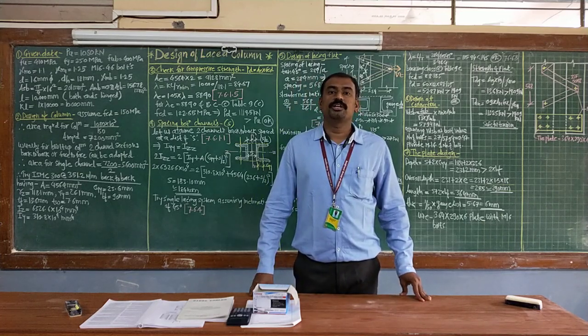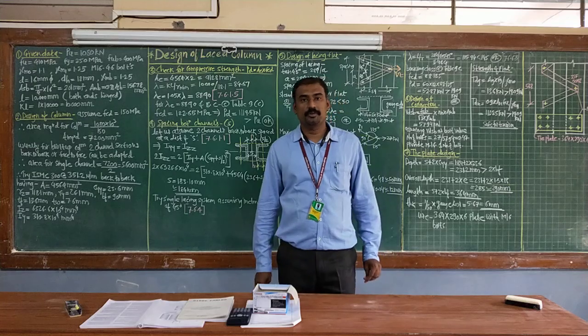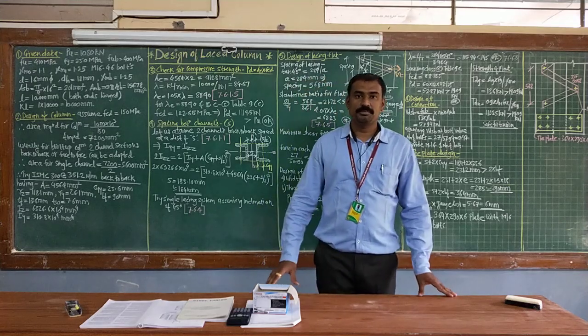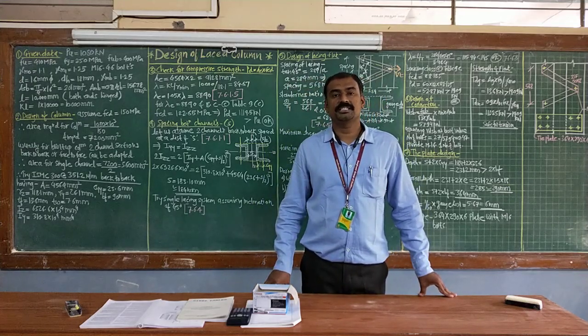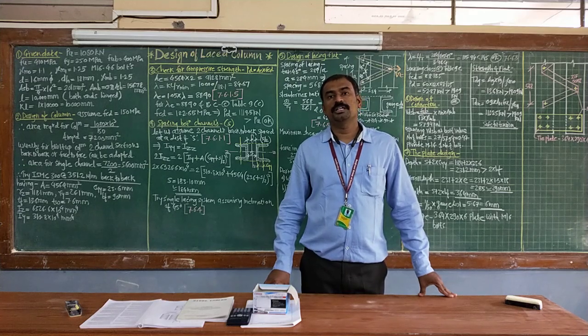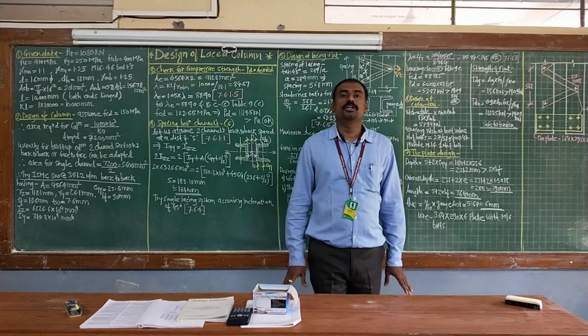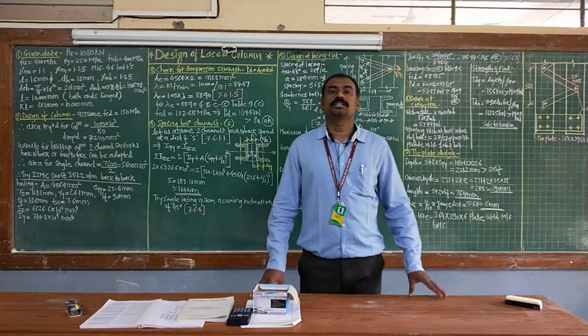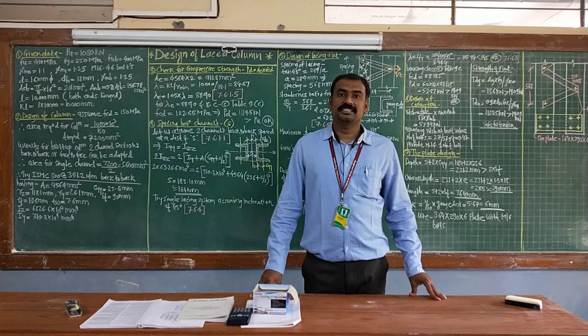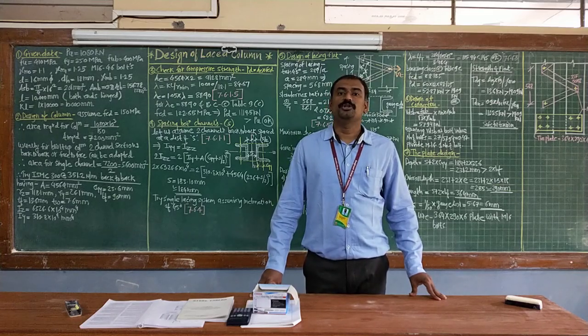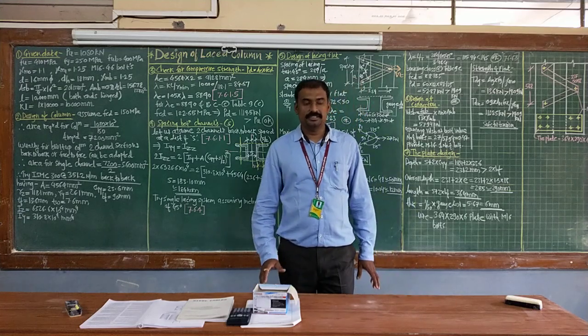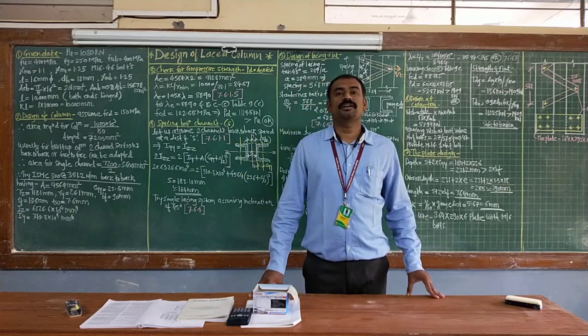So in this video, we are going to start with the design of a compression member, a built-up compression member using lacing system or battening system. Generally for your end semester examination, this problem is asked when the compression load acting on your column section is greater. In that case, regular rolled sections are incapable of taking that load, and in order to increase the moment of inertia and radius of gyration of two combined sections, we generally adopt this built-up type of column system.